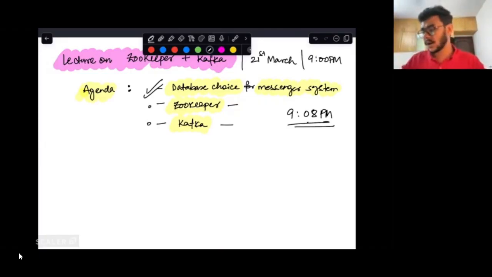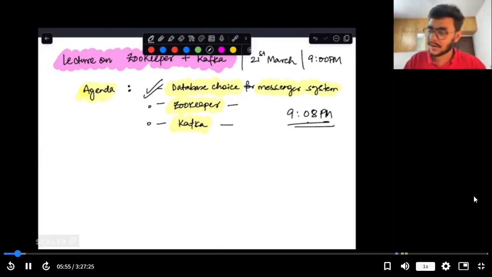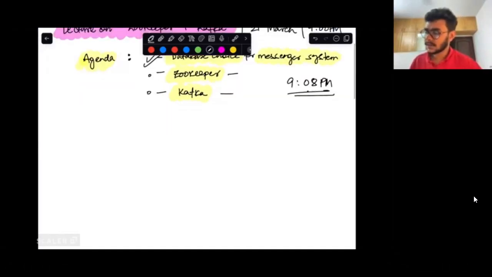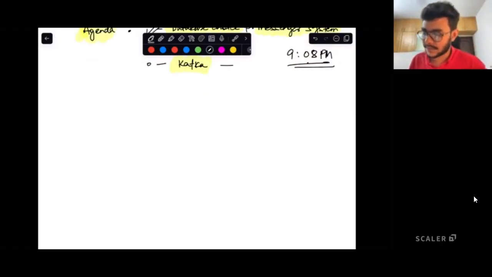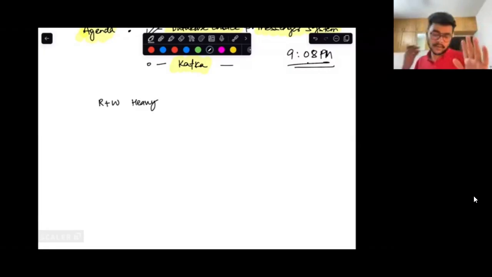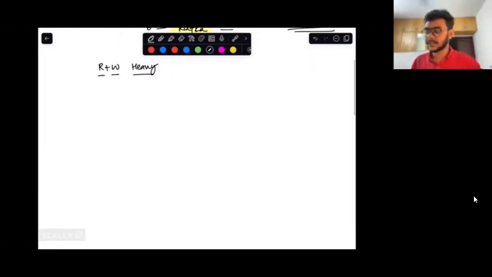Awesome. So, in the last class, guys, if you all recall, what we were discussing was the design for FB Messenger, right? And towards the end of the entire discussion, we were trying to see that the workload pattern for a messenger system like FB Messenger happens to be a read plus write heavy workload, right? I hope everyone is on the same page. And we paused ourselves at a place where we wanted to decide the database for the same, right?